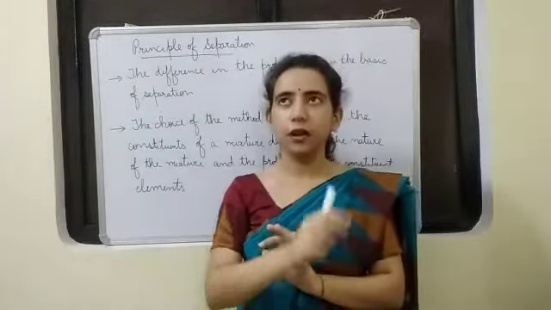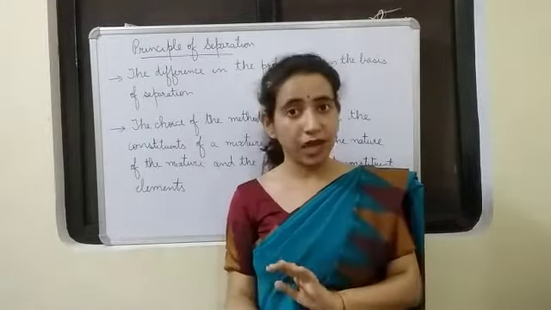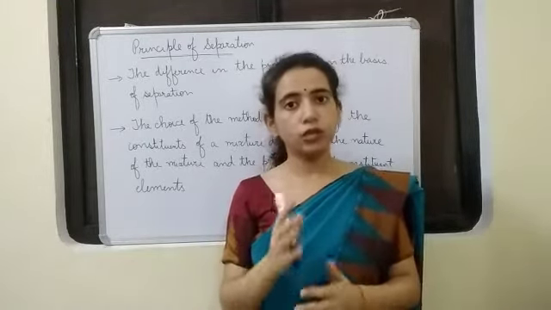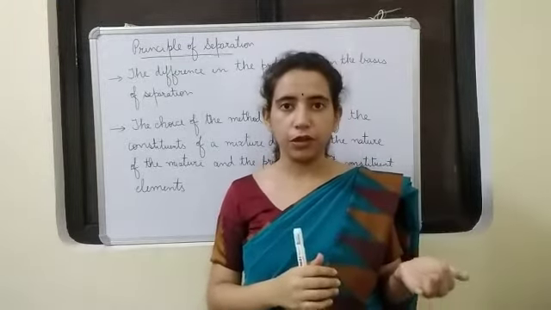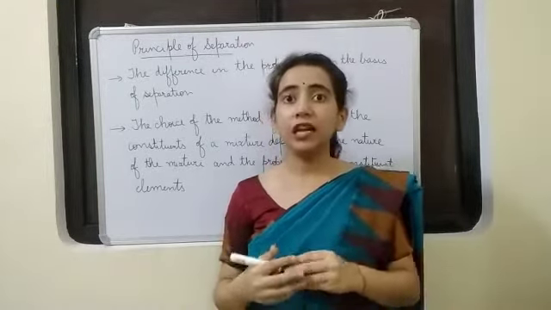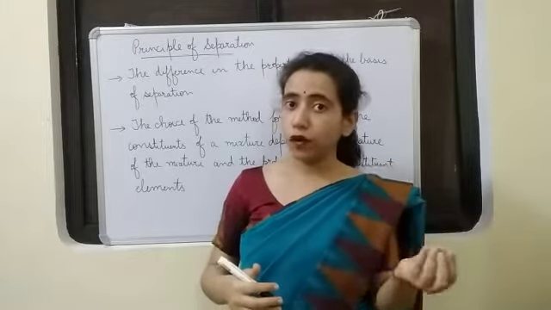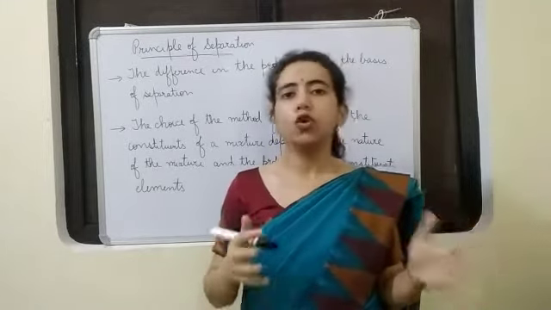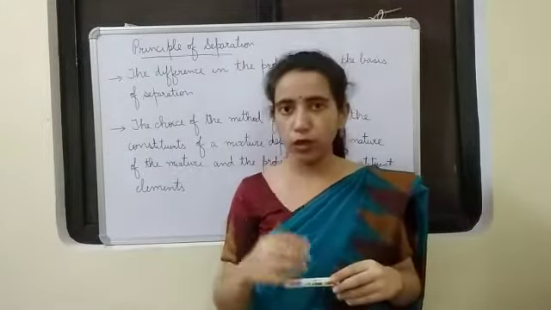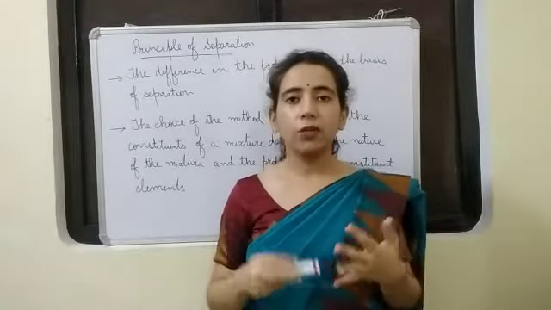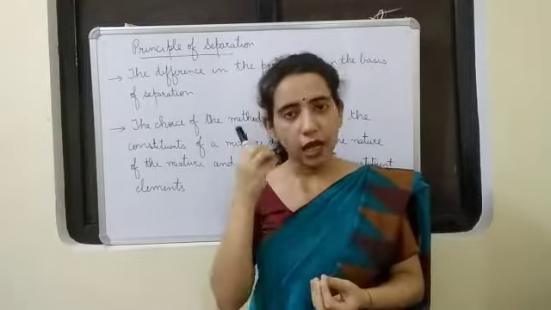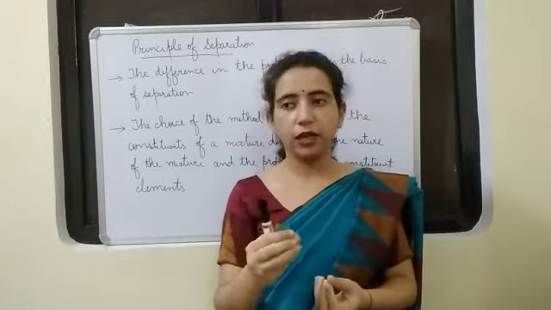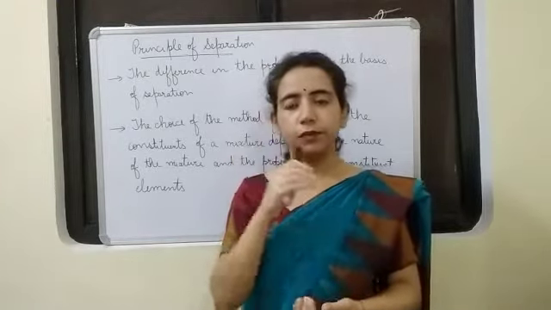Suppose if in a mixture there is a substance that sublimes. Sublimes means that it shows the property of sublimation. So we will follow that method of sublimation. If there is a substance that evaporates quickly, so we will follow that evaporation method. So on the basis of these two things, what is the nature of the mixture and what are the properties of the constituent elements, we can adopt the method that is suitable.